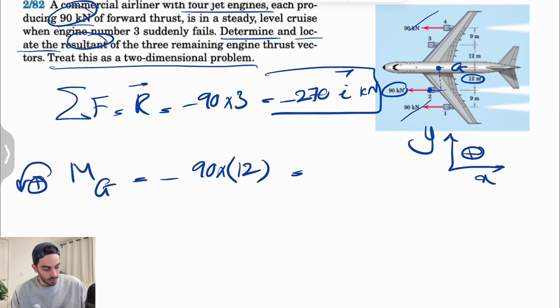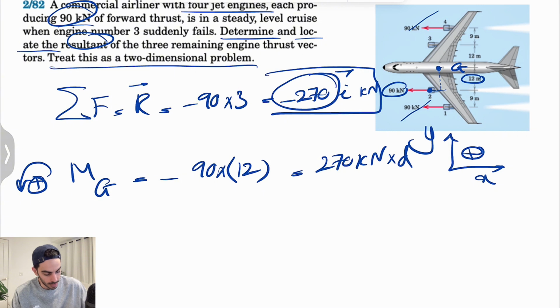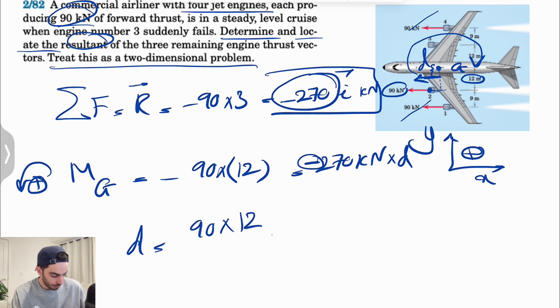We need to replace this resultant that we found, which has a magnitude of 270 kilonewtons. But we need to find the distance in order to make the same moment, and obviously that force has to be somewhere around here in order to make a clockwise moment. So if we are looking for this distance d, the moment of this one is also clockwise, so negative for that, and basically our d is 90 times 12 divided by 270. We can cancel these. We're going to have 12 divided by 3, which is 4